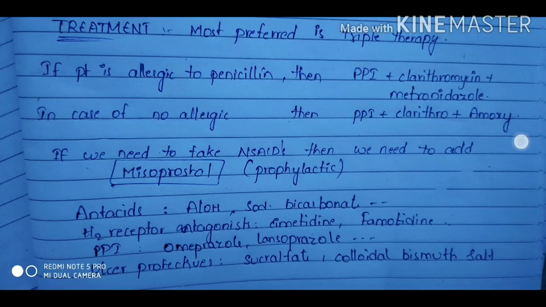If we see treatment and management, there are three principles. The first is the withdrawal of the ulcerogenic agents, meaning we have to withdraw the ulcer-causing agents. The second one is accurate treatment to heal the ulcers, and the third one is therapy to prevent the recurrence of the ulcers. These are the management principles.